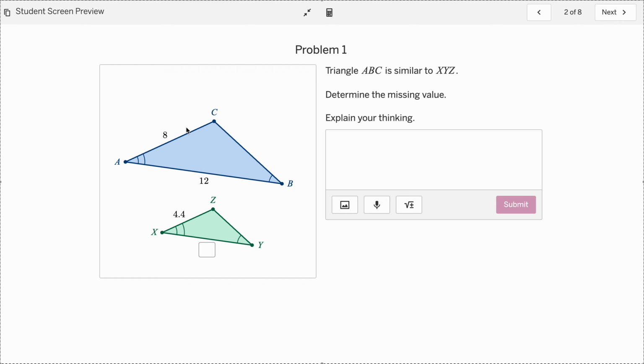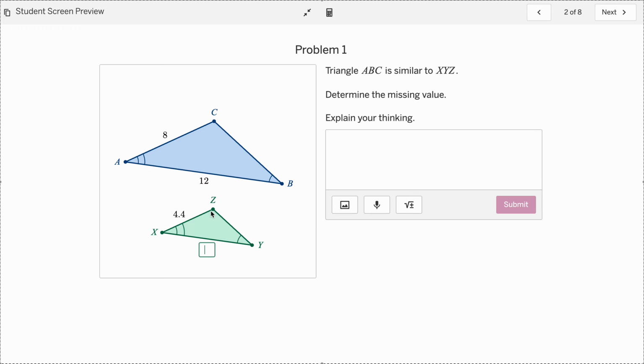If you look at triangle ABC, you can see that AC is 8 units and that AB is 12 units. You can use a scale factor to find the scale between these two triangles, or you can just look at the relationship between this side and this side. So I know that 8 times 1.5 is 12. And because I know that these two triangles are similar, I can multiply 4.4 by 1.5, which then would be,